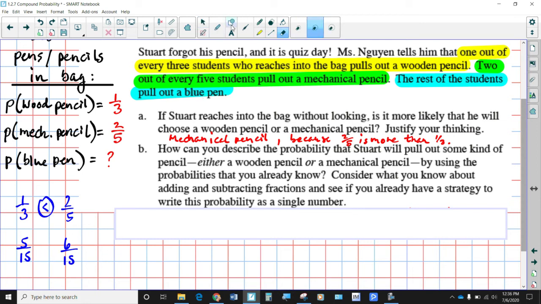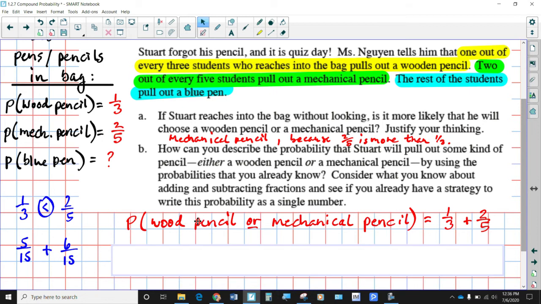Because we're taking the two individual probabilities and we've learned that you have to add them together, correct? So the probability of getting either a wood pencil or a mechanical pencil would be the sum of those two probabilities. Now, I think you can see what the answer is going to be, but there's another stoplight problem that